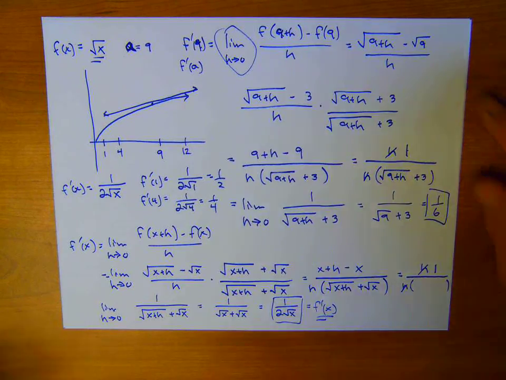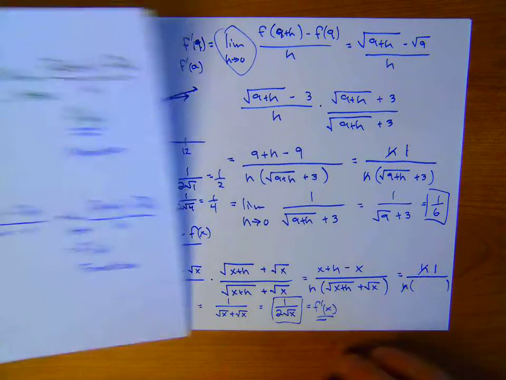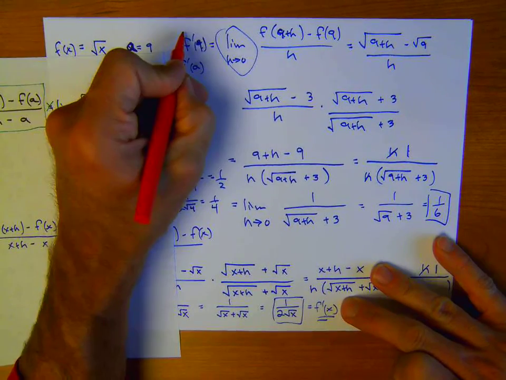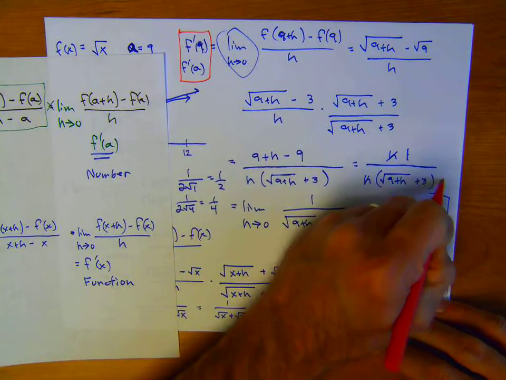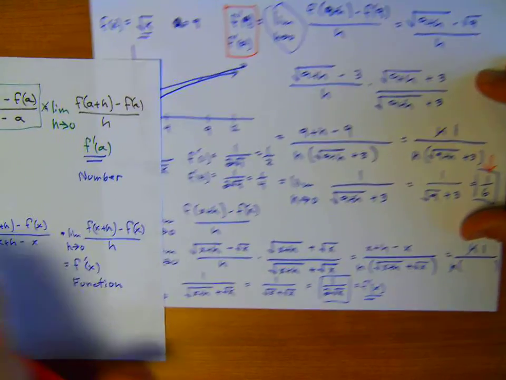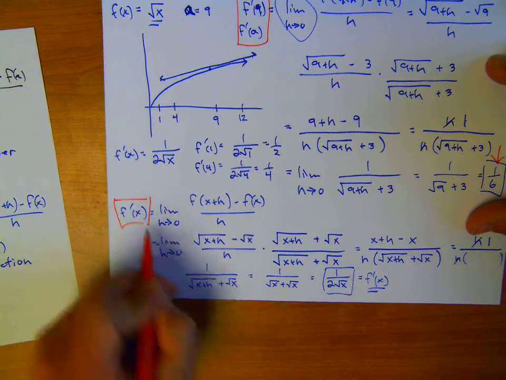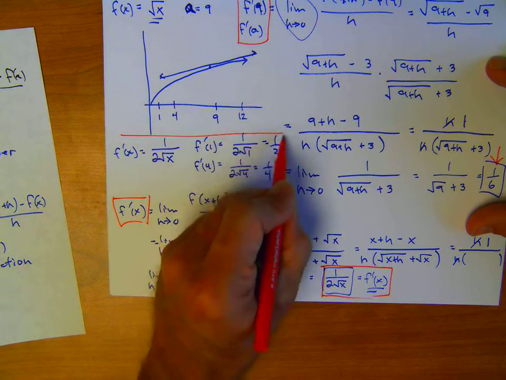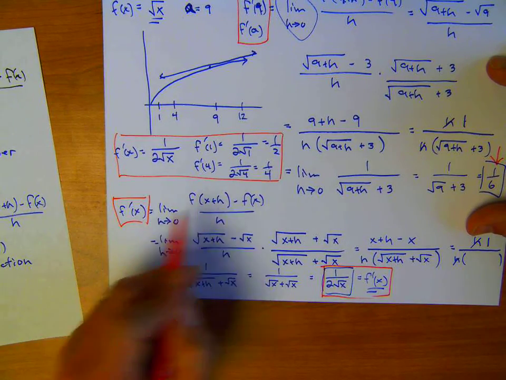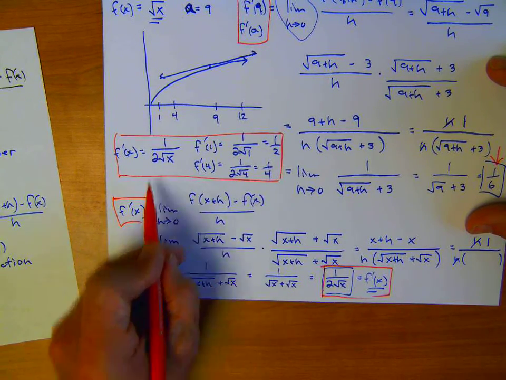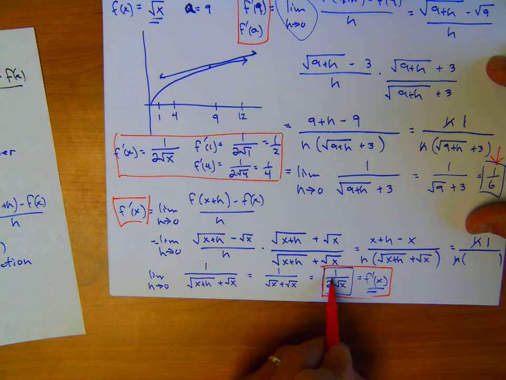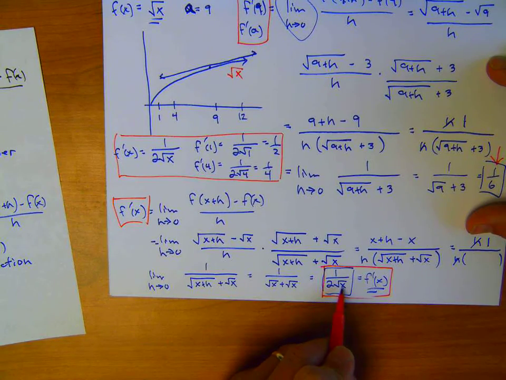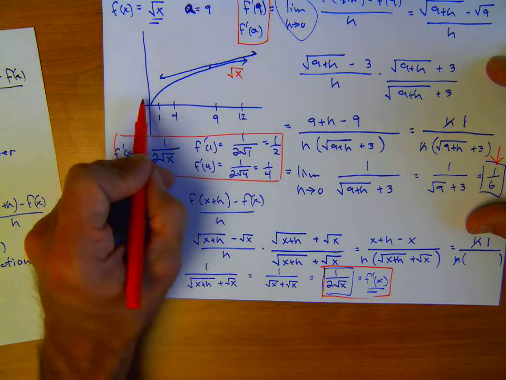So, again, just to reiterate, kind of point out some things. F prime of a, in this case f prime of 9, gave me a number, right? F prime of x, down here, we see it gave me a function. And that function now can be used to find the slope of the tangent line at any point x in the domain of square root of x. All right, so at any point in the domain, so it won't work for